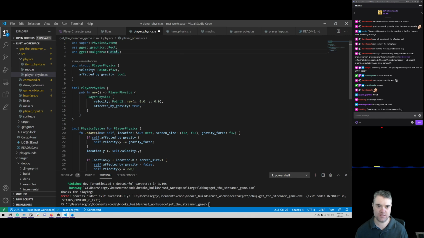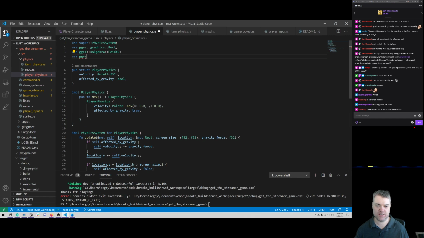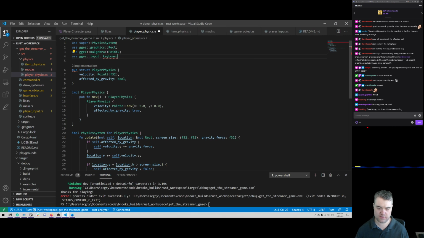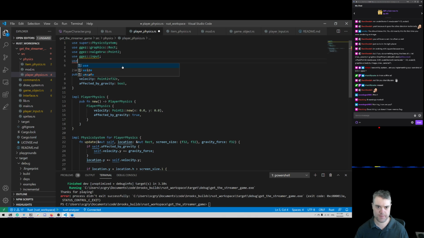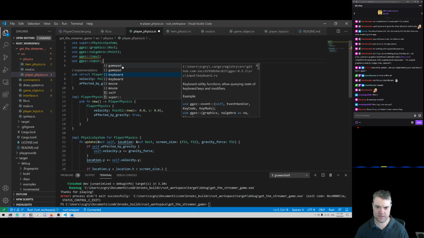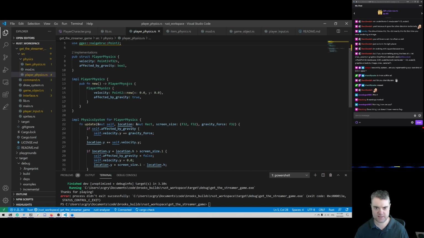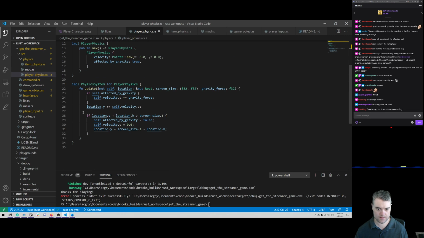So let's use ggez::input::keyboard. Probably just want input for right now. And then also use ggez::input::keyboard::KeyCode. Those two things. All right, so here in update, I want